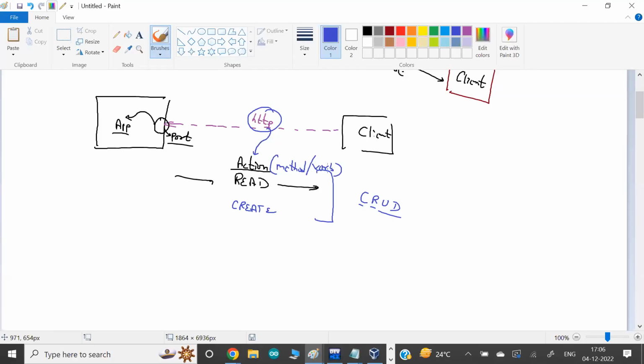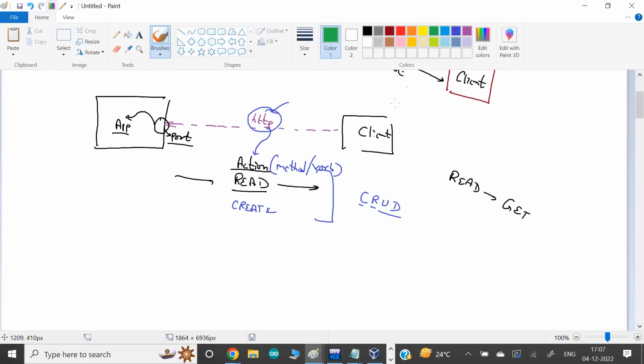So if you are the client, you have to tell the app using this protocol what actions you want to perform. CRUD is a very common term we can use anywhere in the data world, but in the HTTP world, read is mostly known by the keyword or HTTP verb called GET.